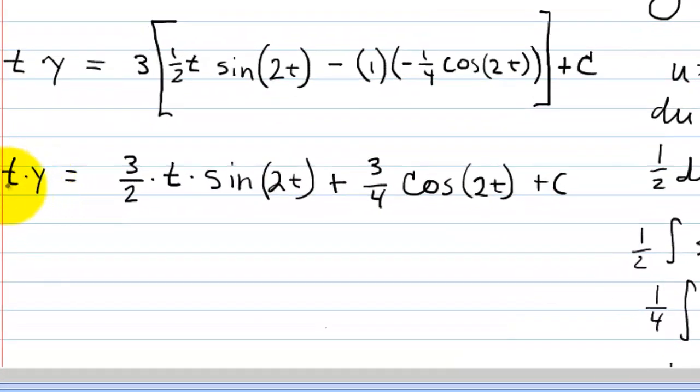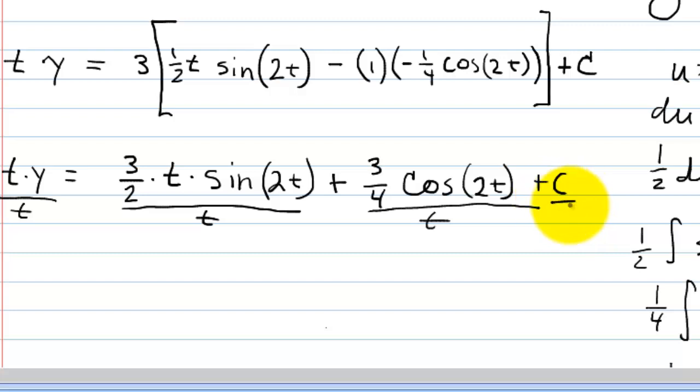So first thing is we're going to get just the left-hand side of the equation in terms of y. So you need to divide this by t, and in order to get rid of the t on this side, you're just going to divide everything over here by t as well. So once you do that, you're going to divide this by t, and you're going to divide this by t, and you're going to divide the c by t. So we're going to get y of t. Well, actually, I'm not going to write that in there. We're just going to get y is equal to